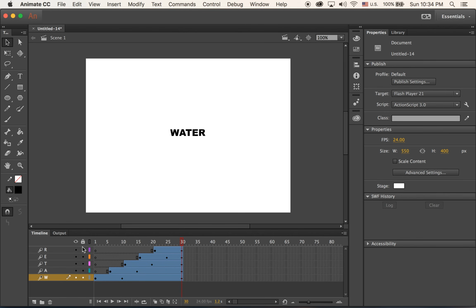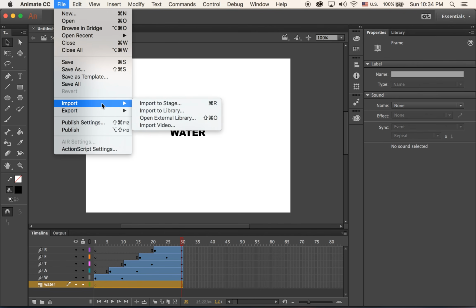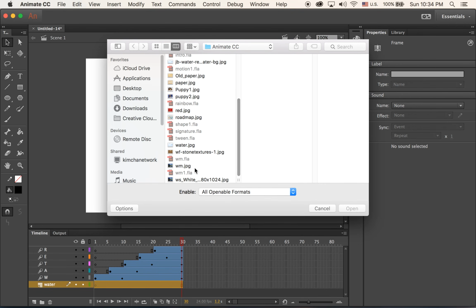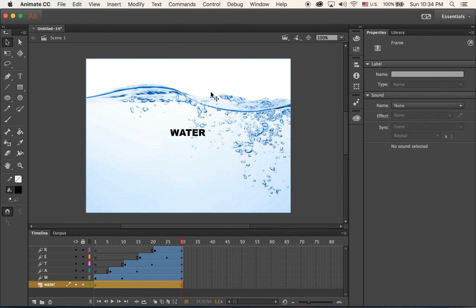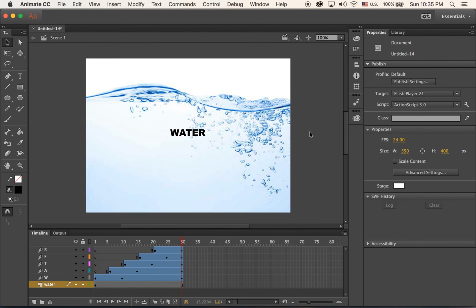So basically it is done. I'm just going to add one more layer on the bottom as a background. Let me import an image, water.jpg, on 0,0. So once I hit return,